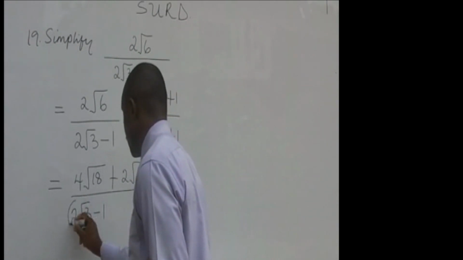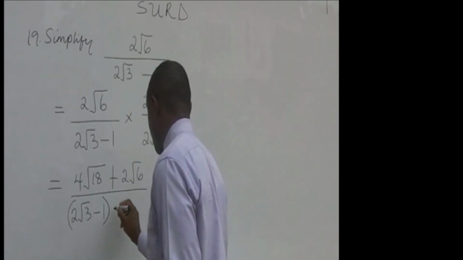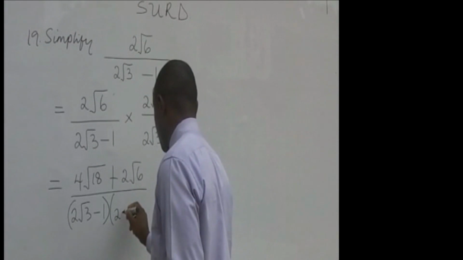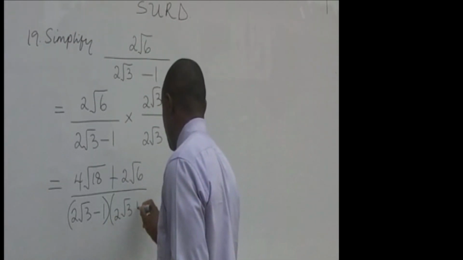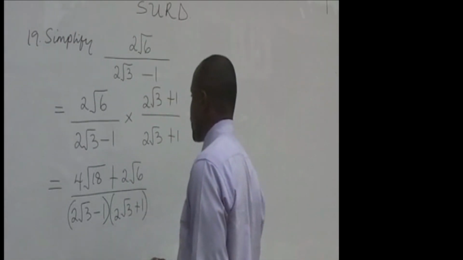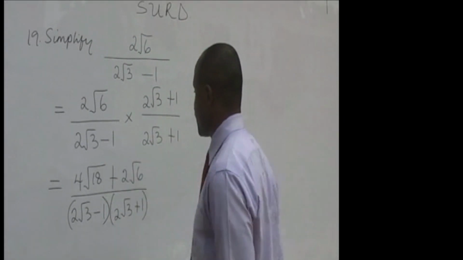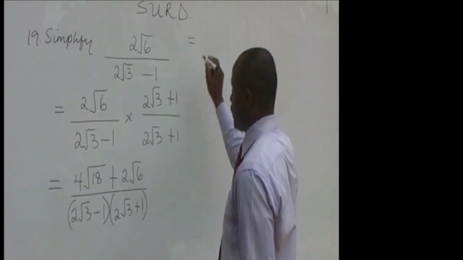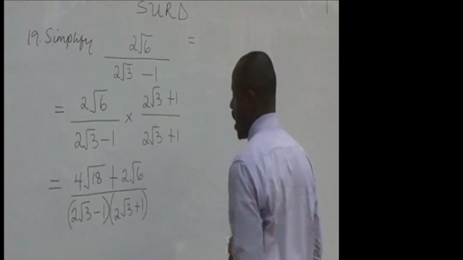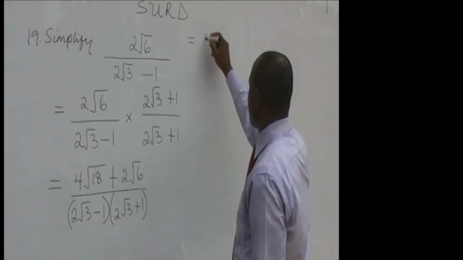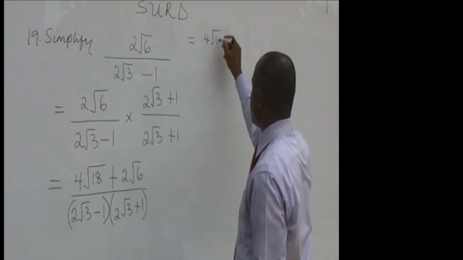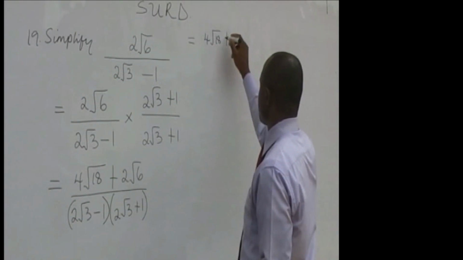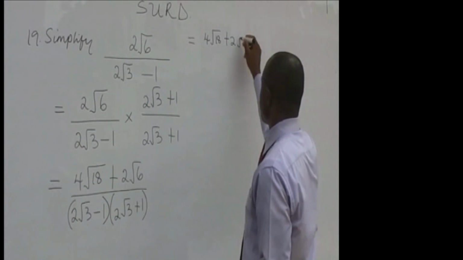2 root 3 minus 1 into 2 root 3 plus 1. I hope you understand. This is multiplying this. Now we have to continue here. Up there we have, okay, let's still leave it for now, 4 root 18 plus 2 root 6